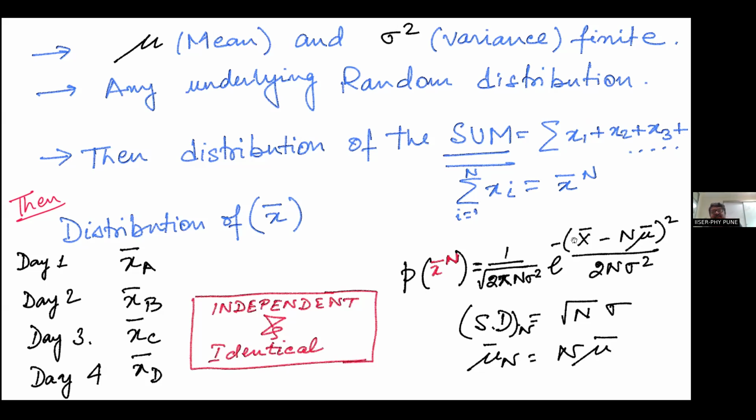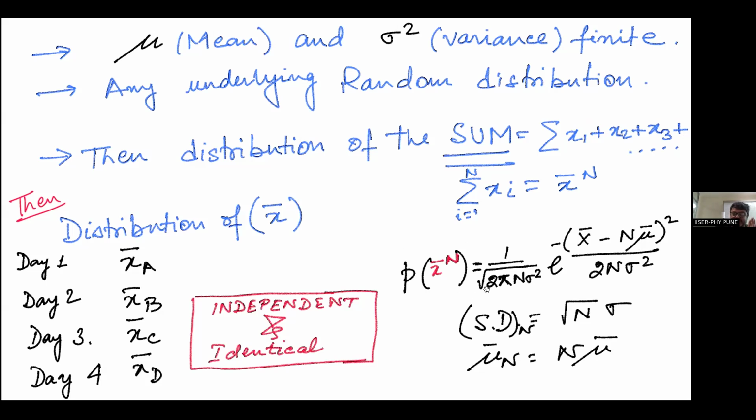So the value of x bar is deviating from n mu. What is this saying? What is the probability that you are going to have a particular value of x bar? When you are doing a probability distribution, it's basically telling you what is the probability that you will have a value of x bar which is away from n mu. So this n mu is the mean